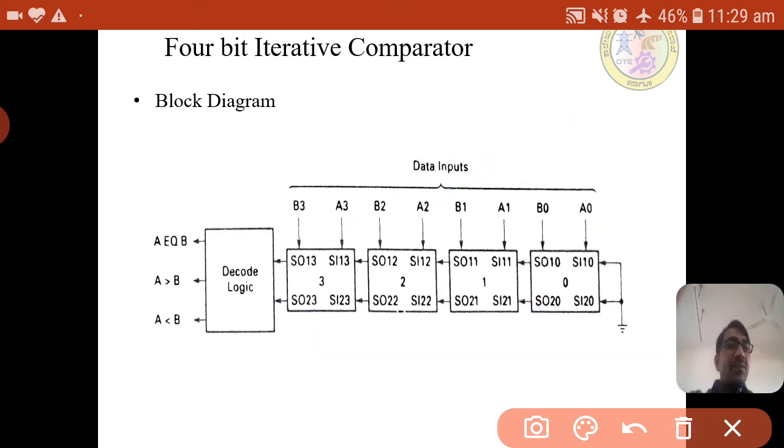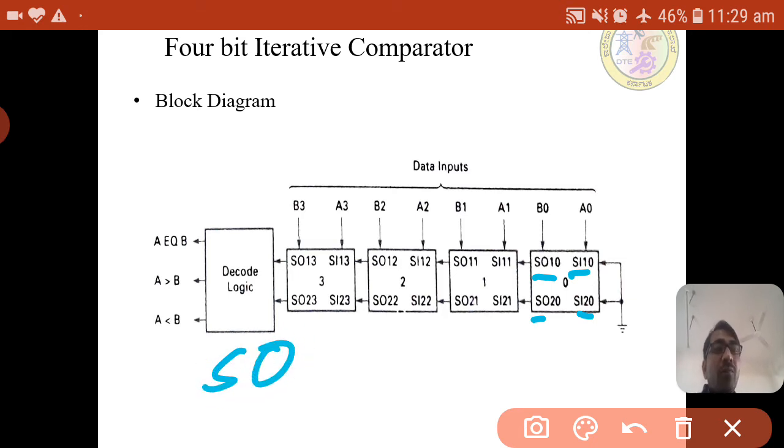Okay, as it is compared with 1-bit comparators here, we need to see what these are: SO10, SO20, SI10, SI20. Basically these are the secondary inputs and secondary outputs. SO means secondary output and SI means secondary input.